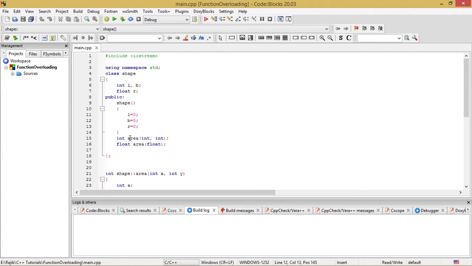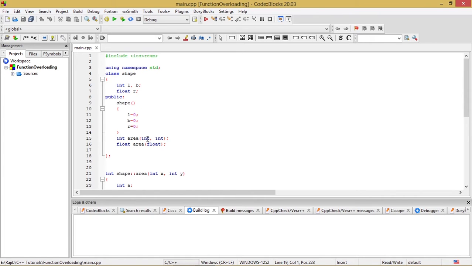After that I have declared one function over here, that is int area, and within parentheses I have supplied the arguments as int. After that I have defined another function of the same name having a different return type, that is float, and having one argument instead of two arguments.